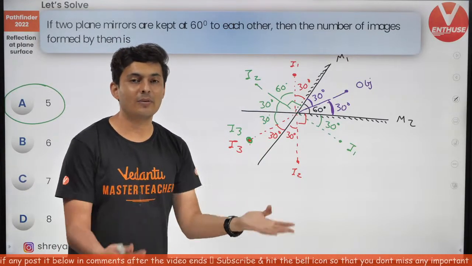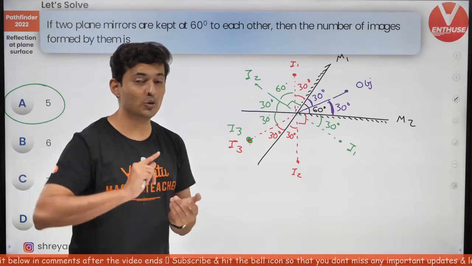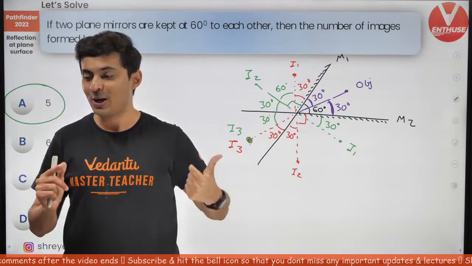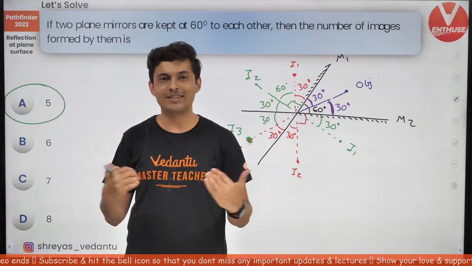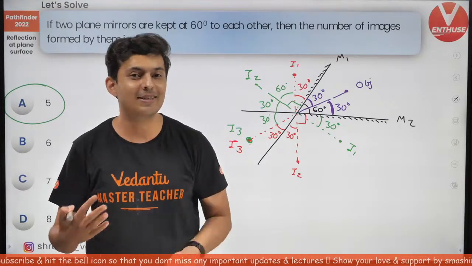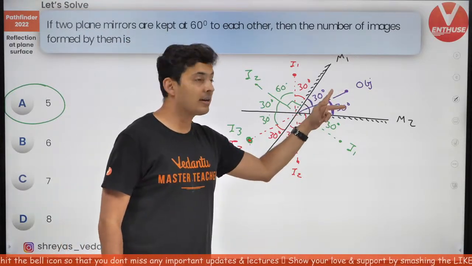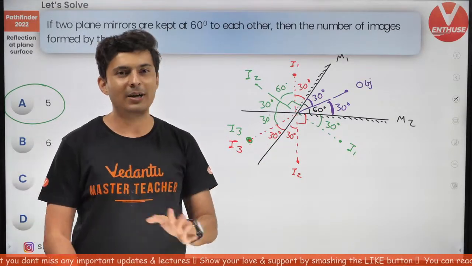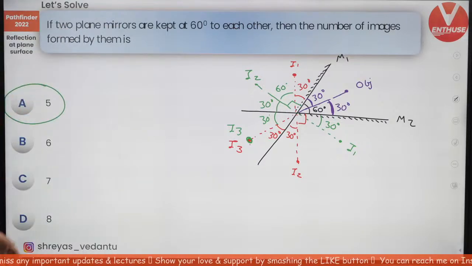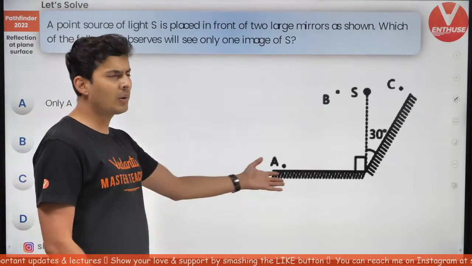It's just a matter of habit. Else you will get confused whether you should do minus 1 or plus 1 or do nothing. Should you take greatest integer, should you take least integer, because there are different cases in it. Object is placed symmetrically, object is placed asymmetrically, theta is odd, even. Why do you want to get into all of that? So better to do it like this. Okay, let's do one more question.